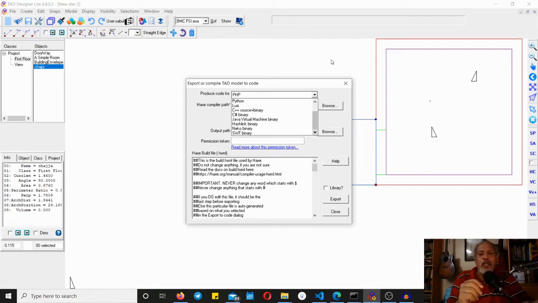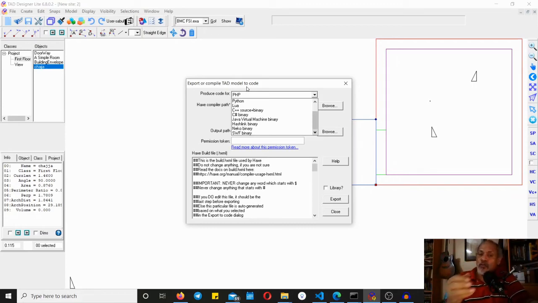So what I did is that I have recoded an important part of TAD in such a way that you, meaning the architects designing something with TAD, can actually use this particular feature to export or compile a TAD model to code, and then export everything which has been designed in many different languages.